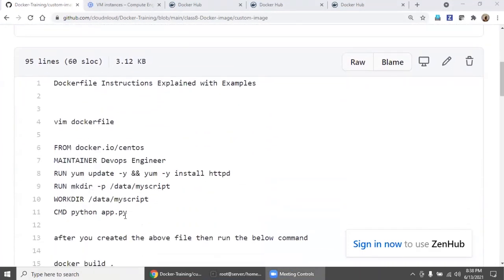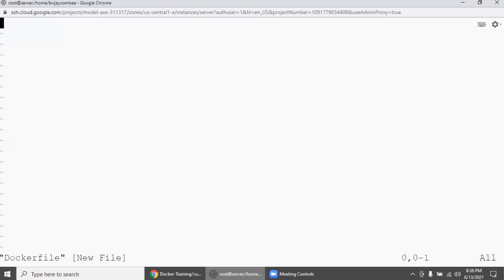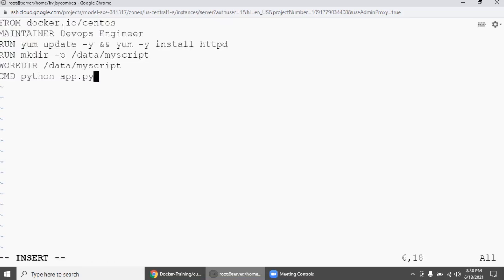First, we will create a Dockerfile. So this is my Docker machine. Dockerfile, enter.